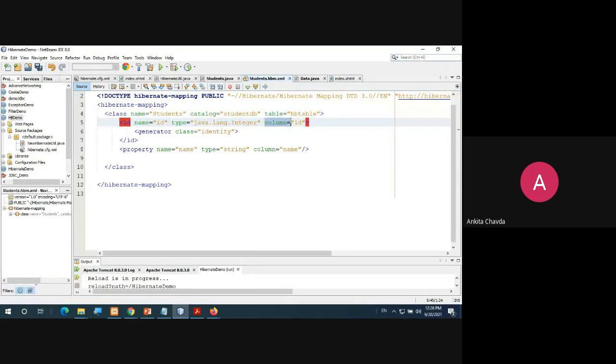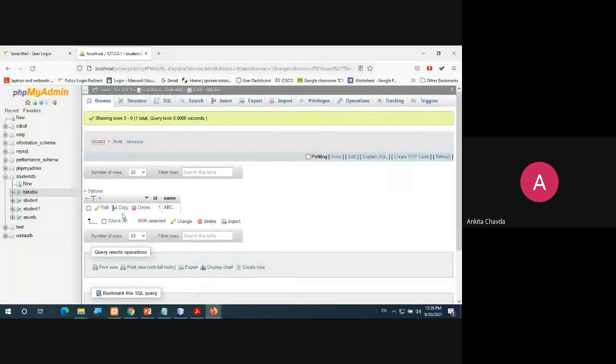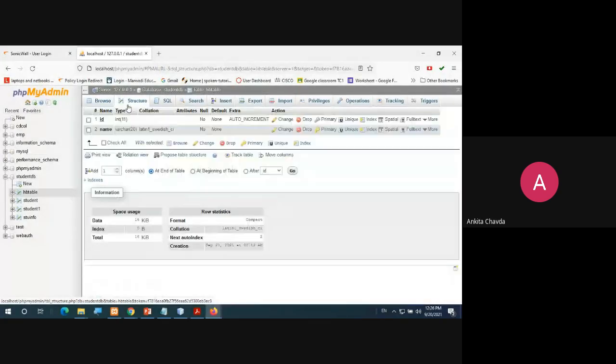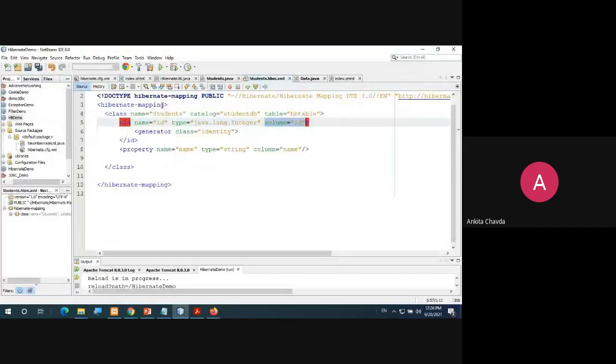Then you are specifying what is the column name, because in your database this ID name is what? So you can go to structure. What is the name? ID. So I'll give over here ID, or you can have this as this. Now you can understand what I mean to say. This name is ID, but from the column it is small id, right? In that way. But I'm generally keeping the same, so there won't be any kind of confusion later on. Okay.